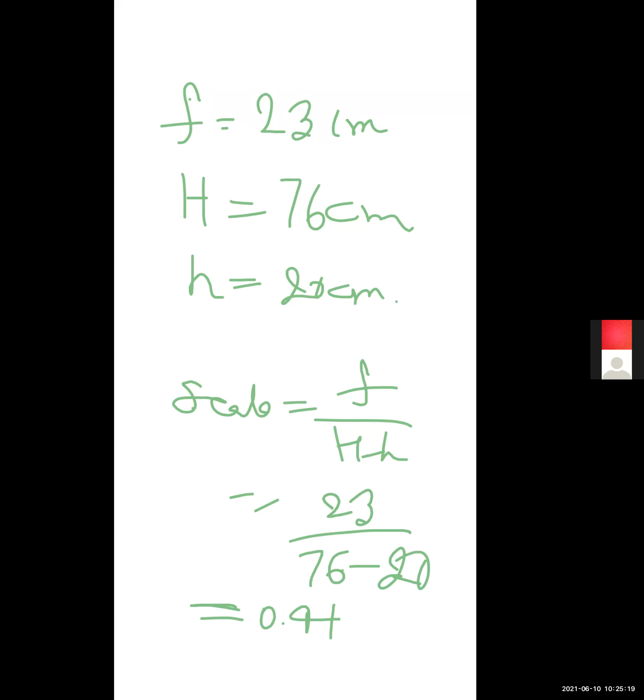also based on scale. So write a question. What will be the average elevation of terrain if a scale is given as 43 meter, focal length and height of a station are 4 meter and 20 meter? So we have to calculate the elevation height, average elevation.